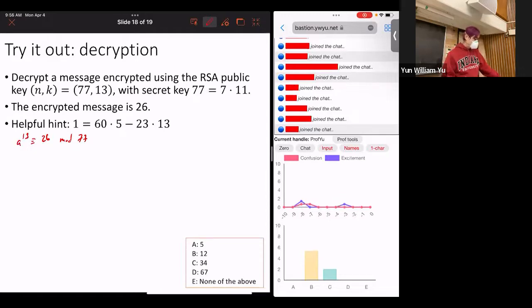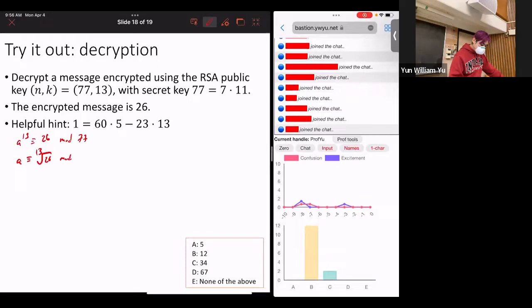So there are a couple ways you could do this. One way you could do this is, well, you could just check each of these answers and see if they're correct. That's not the way we want you to do it, because on the final exam, it won't be multiple choice. But instead what you can do is, well, that means that A is congruent to the 13th root of